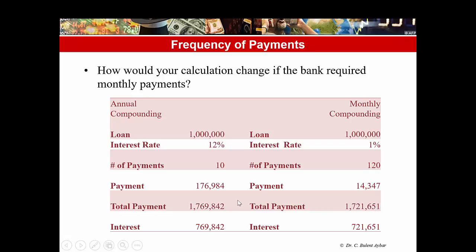$1,721,651. In our original case, we made 10 payments, each $176,984, so our total payment was $1,769,842. So in the original case, the interest that we paid on the loan, which is total payment minus the principal, is $769,842. If we make monthly payments instead of annual payments, the interest that is paid drops down to $721,651. This is happening